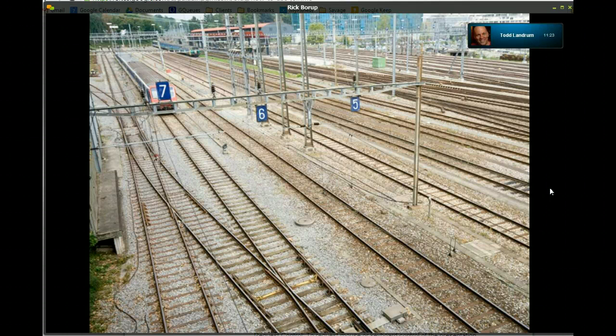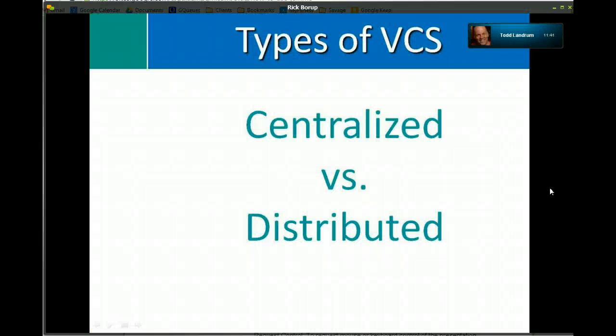So for all of those reasons, for the permanent record, for the ability to go back and compare changes, and for the ability to work on different features separately in parallel and then come back and merge things together when it's time to build, all of those things are provided by a version control system. So in a nutshell, I hope that answers the question about why you might want to consider using version control of any kind. Let's talk about the different kinds of version control systems briefly and why you might want to